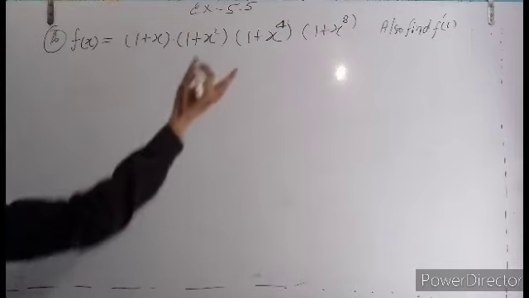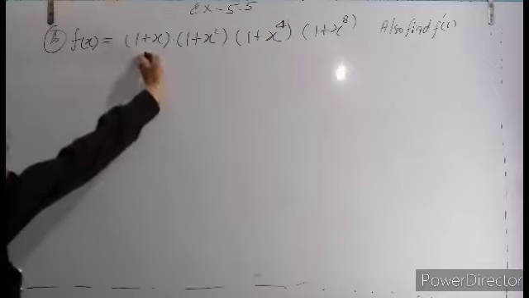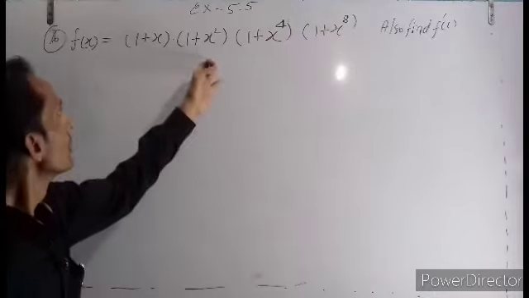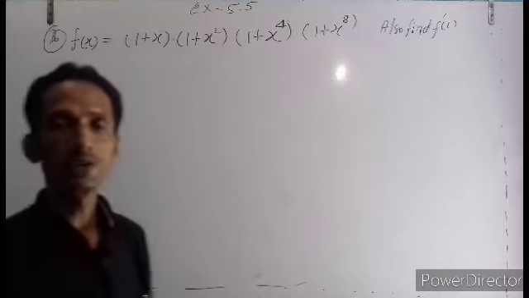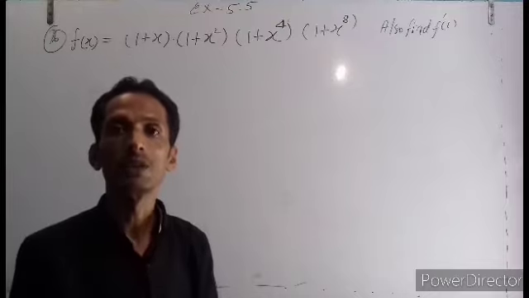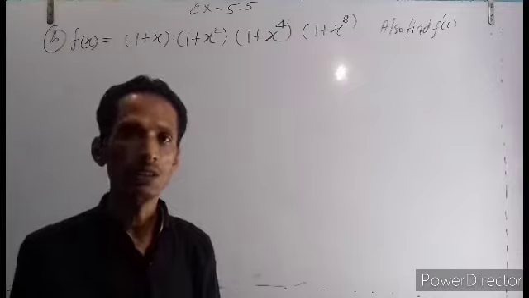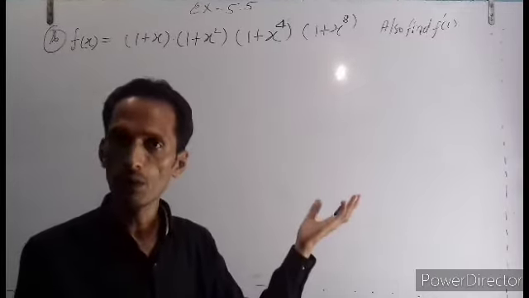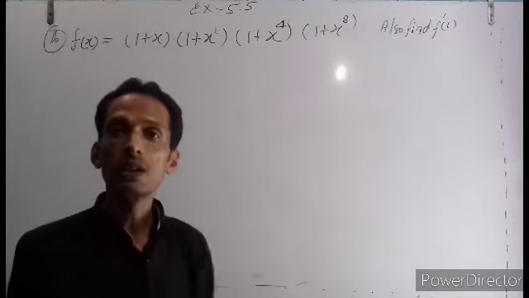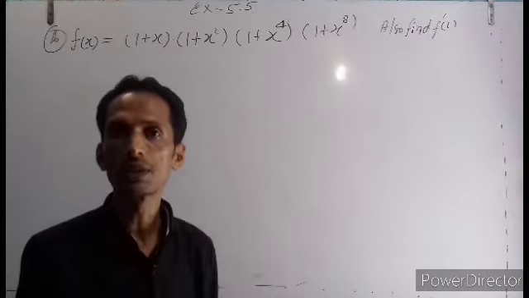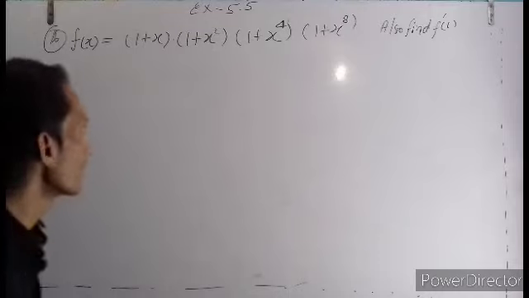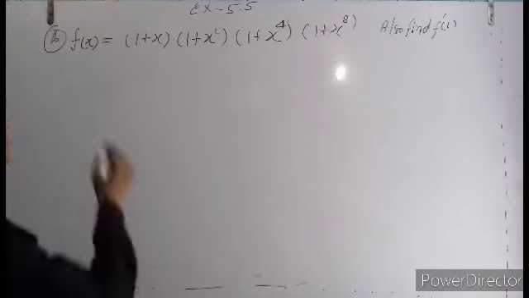First, you can see there are many polynomial functions in product form. Whenever a function is given in product form, you have to apply the logarithmic function, log. When it is given in exponential or product form, you can use the log. First you take the log, which makes it easy to solve the question by differentiation. So first we need to take log on both sides.